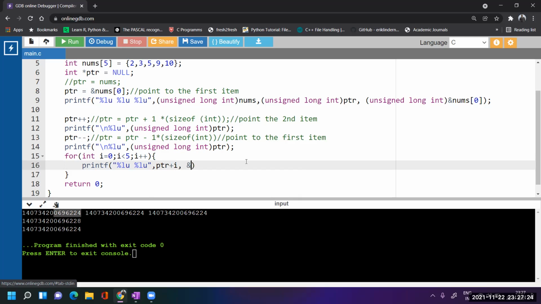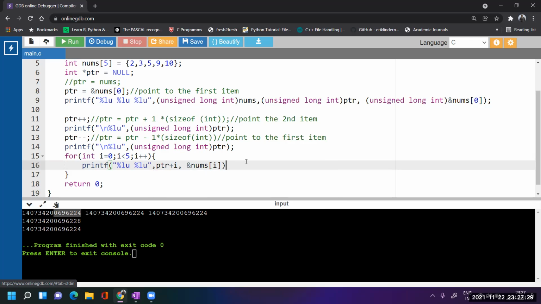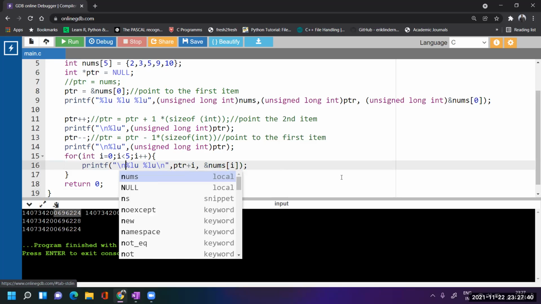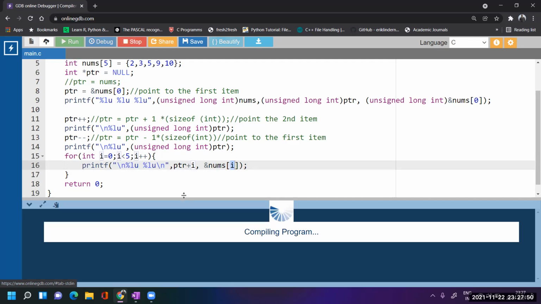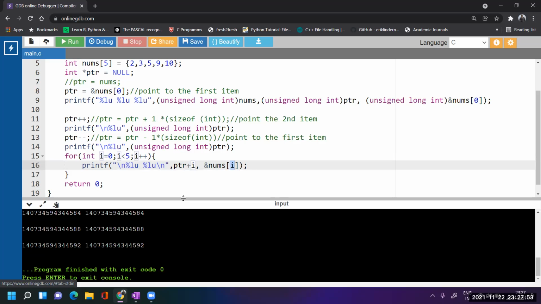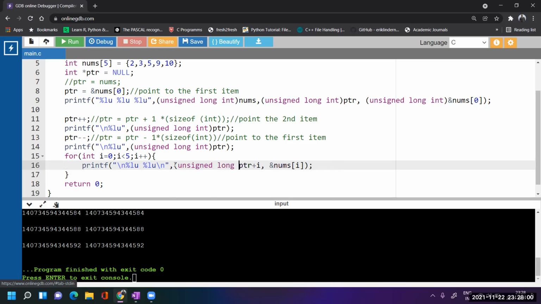And also I want to print the address of the ith item. Now you can see the integer value of I. It is using the same I here along with the index. So now if I run this code, look carefully. Okay, typecasting is necessary. Let us do the typecasting. Unsigned long integer.